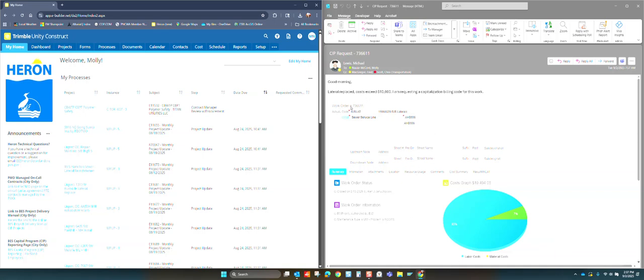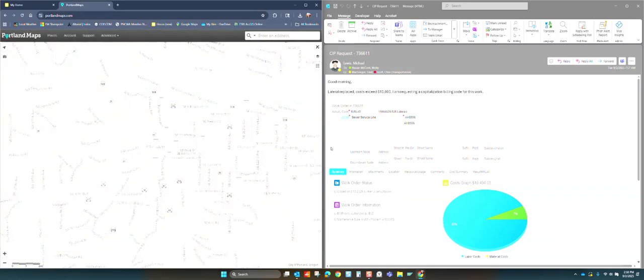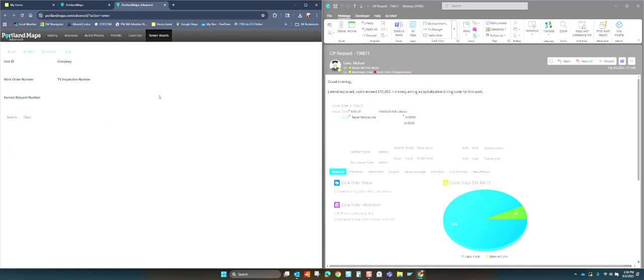If they're doing a work order on, say, a lateral, that lateral has not been assigned an alphanumeric asset ID, you'll need to get that location-specific alphanumeric asset ID before you can do this. So for example, if I were to go to Portland Maps and type in the address for this work, or rather we'll put in the project. If I were to say, look up the work order code, excuse me,